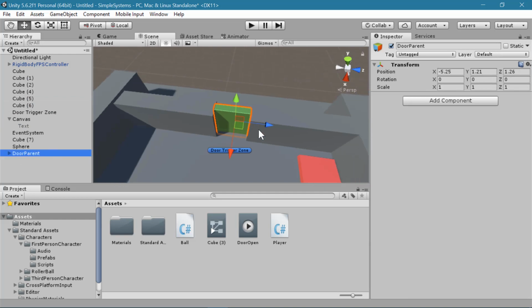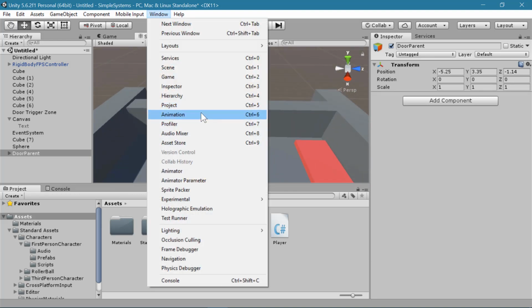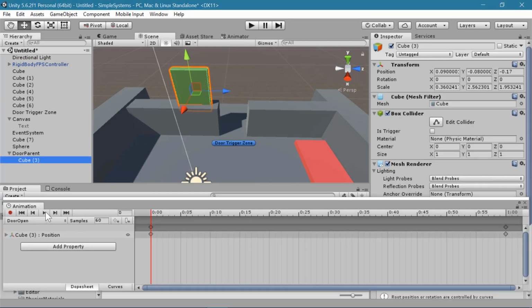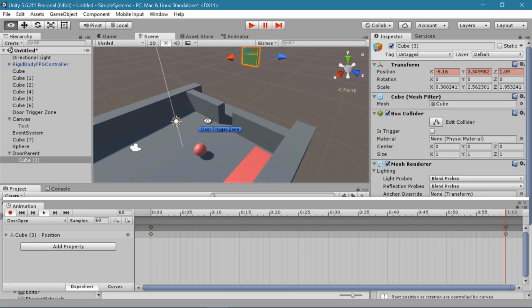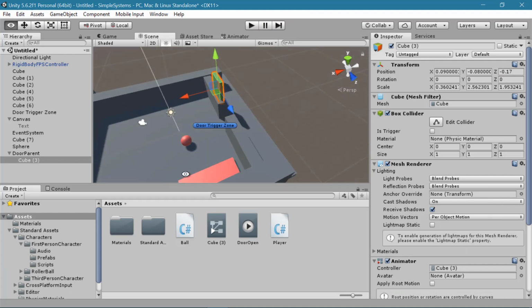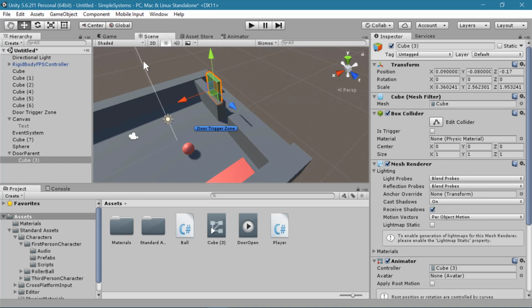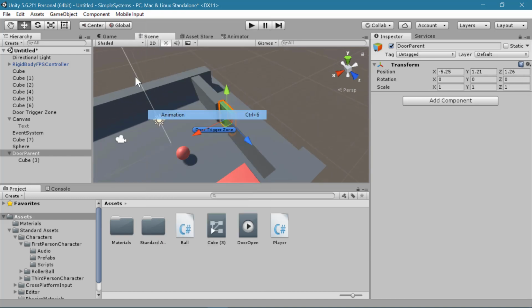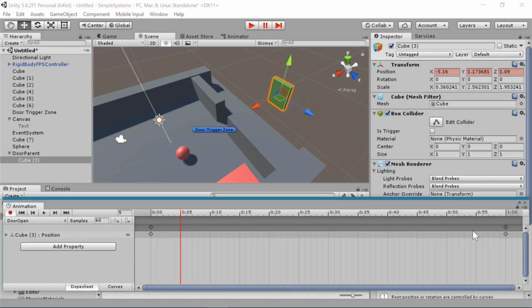So now this door parent, I can actually move around, and then in my animation window, I'll need to select my cube. And then when I hit play,